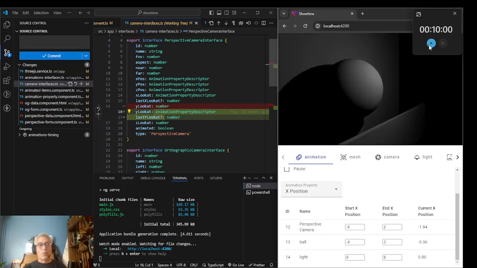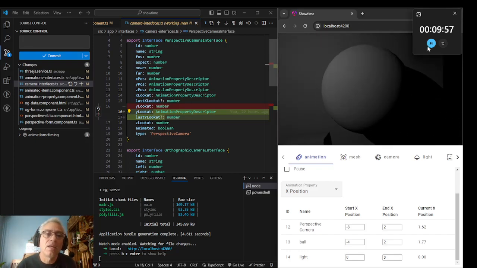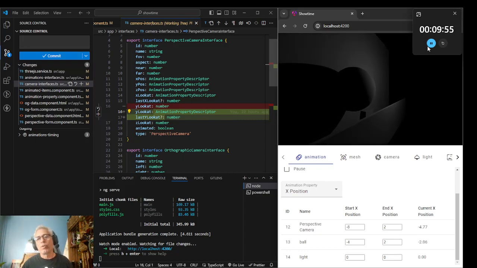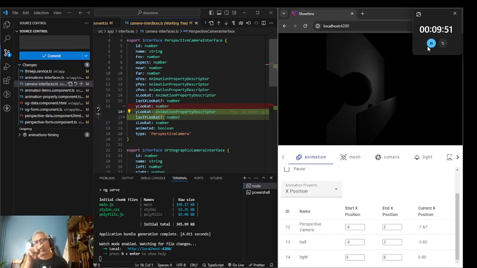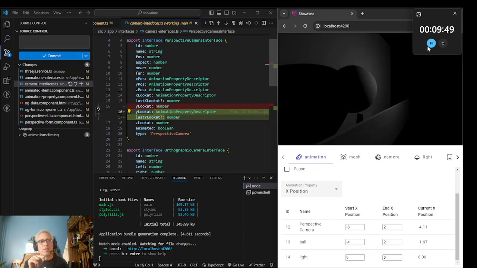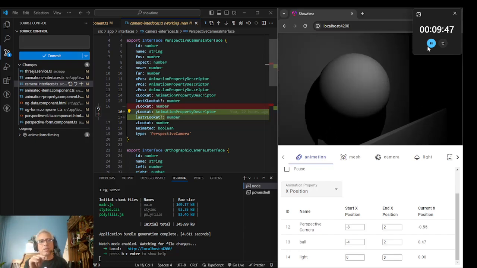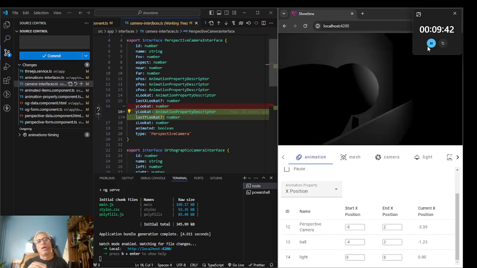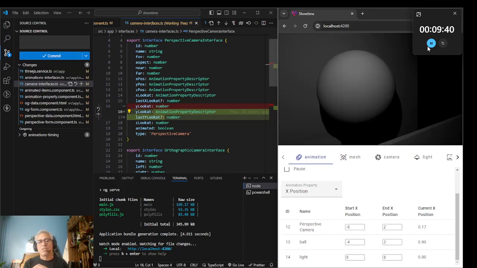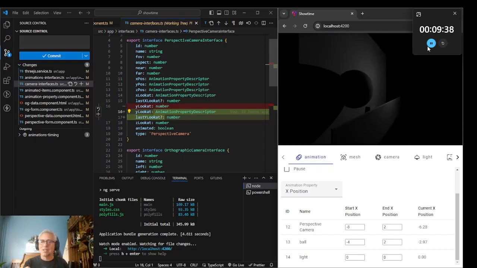Hey everybody, so last time I finished up the look at animation for the X position. So basically along the X axis it can change where it's looking over time. And that's what the video was about. And then yesterday after that video I coded the look at animation along the Y axis,